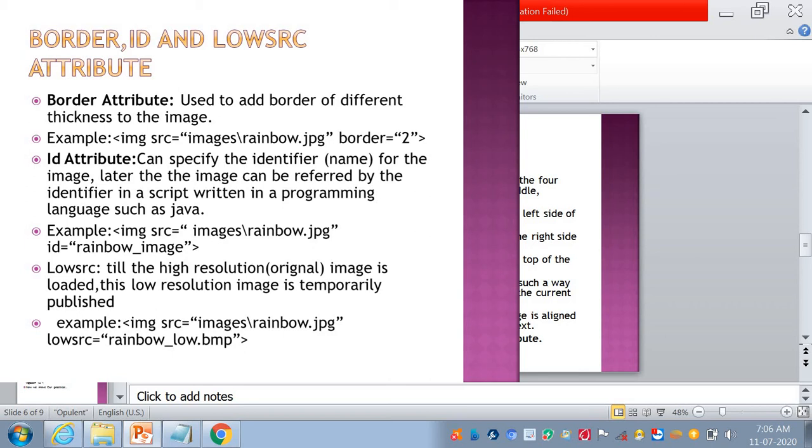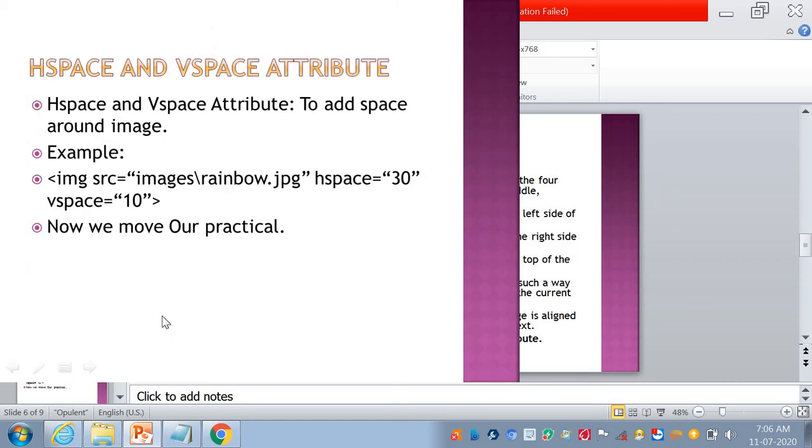Here your low resolution image is temporarily published. Just an example: image src is equal to "images/rainbow.jpg", low src is equal to "rainbow_low.bmp". So this is your example. I will explain it in the practical, don't worry.